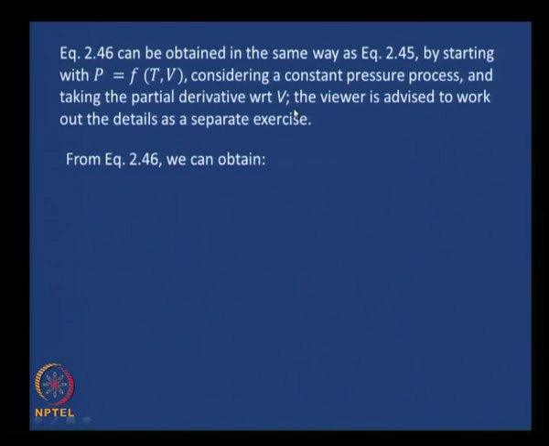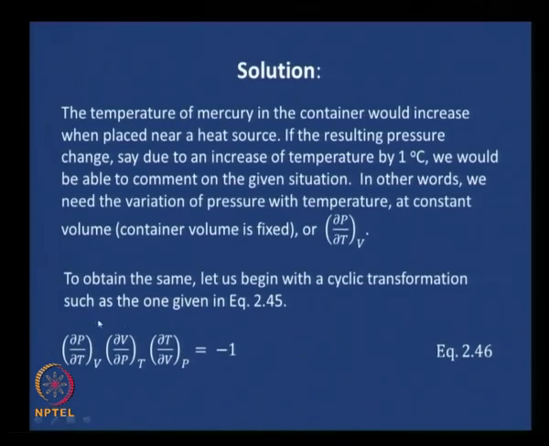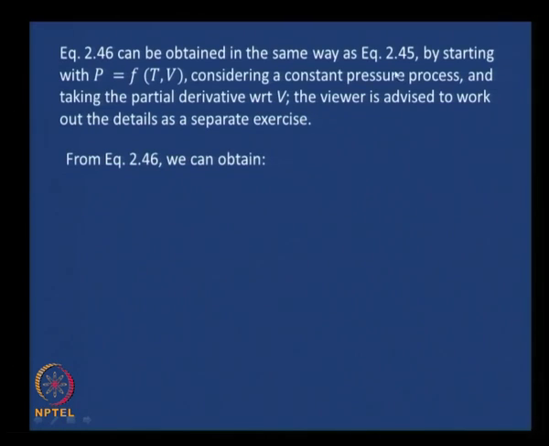Okay. What I am going to do now is, although I say here as a separate exercise, you take time now and work things out. It will be good to have a complete package there. So, I am going to give you another 10 minutes before you can go on the side. I would like you to derive this expression 246, (∂P/∂T) at constant V, (∂V/∂P) at constant T, (∂T/∂V) at constant P equals -1, using this particular route. Please go ahead and do this. Please take about 10 minutes for this.